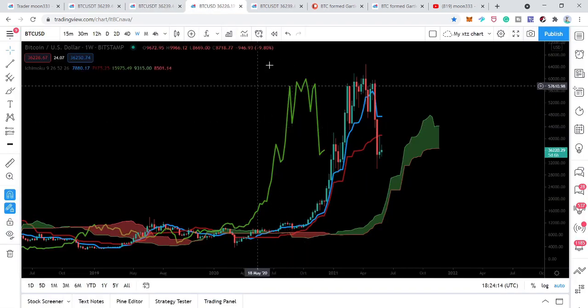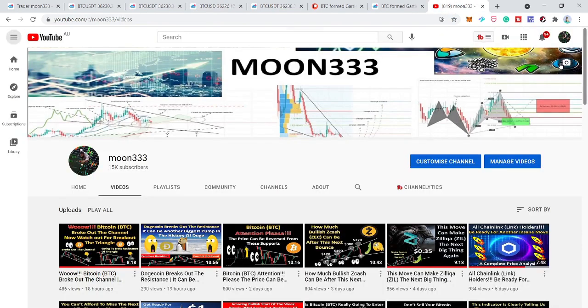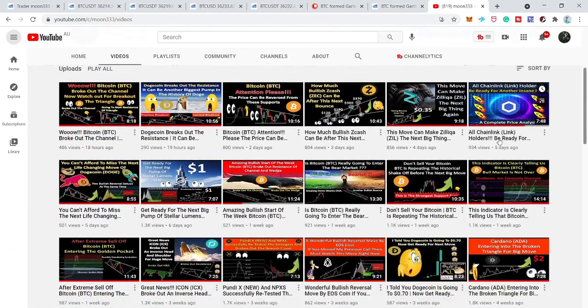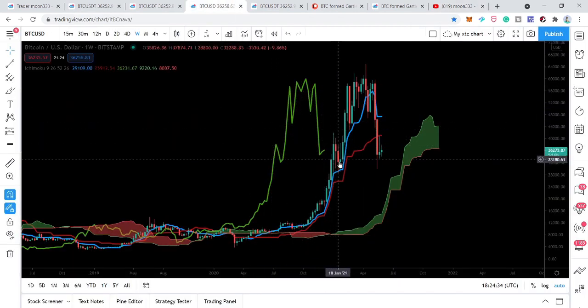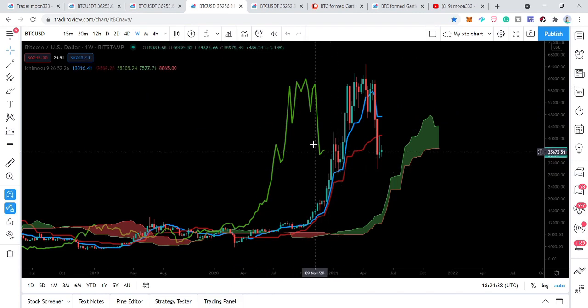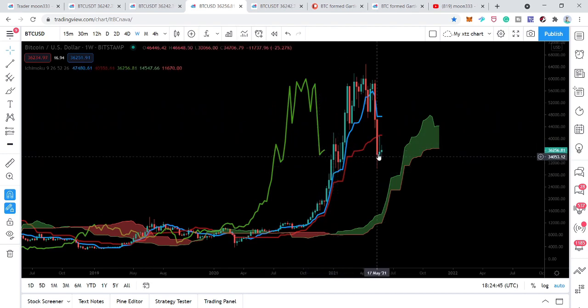Now I want to show you this Ichimoku weekly cloud, and I've already shown you this cloud in my previous video that I shared with you almost a week ago, when I told you that this indicator is clearly telling us that the Bitcoin bull run has not ended so far. Now we can see that when the price action moved up to this $30,000 level, here we have a very strong support. The lagging span of this Ichimoku cloud was moving down, and now we are having the bullish candlesticks